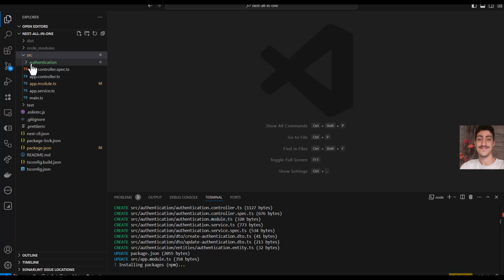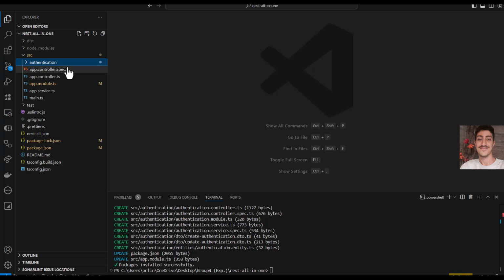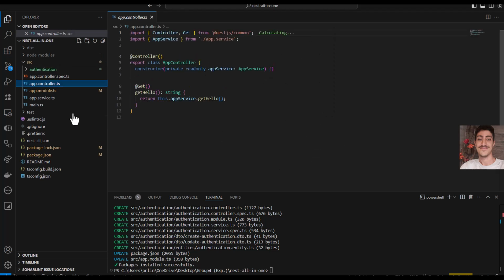So as you see here, now we have a directory, a module called authentication. As you know, in the main module, we have controller and also service. Okay, when we create a Nestjs application, and main controller, we don't have anything here as the point. It means that it answers the main route. Okay, so now I run the application,